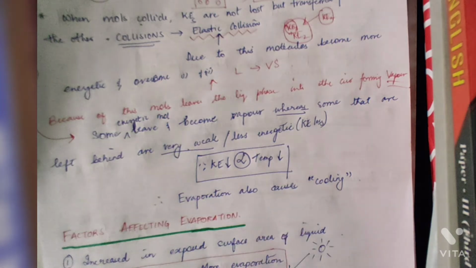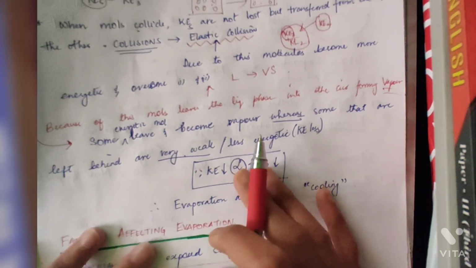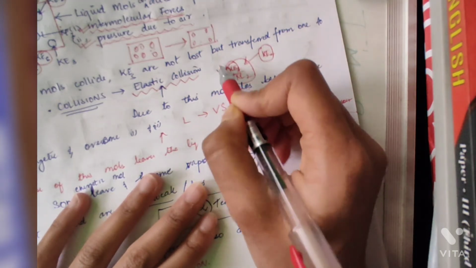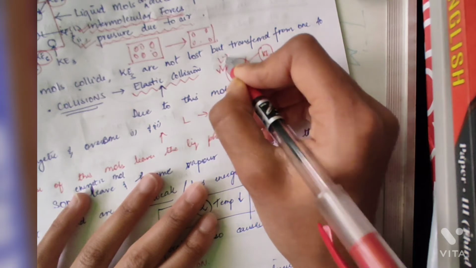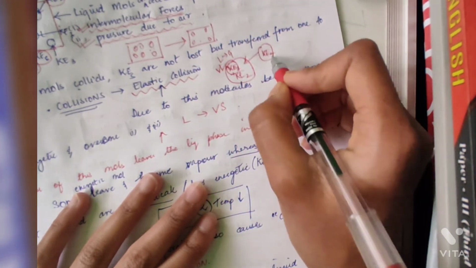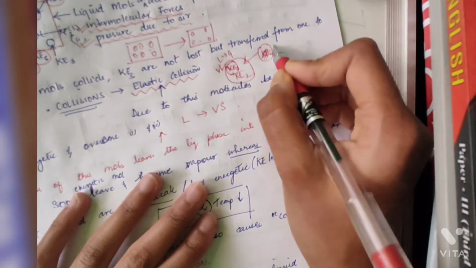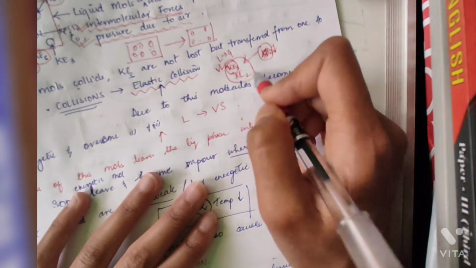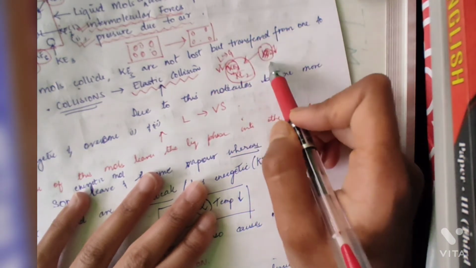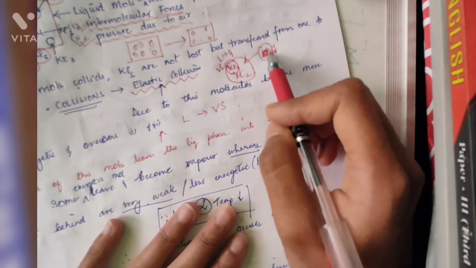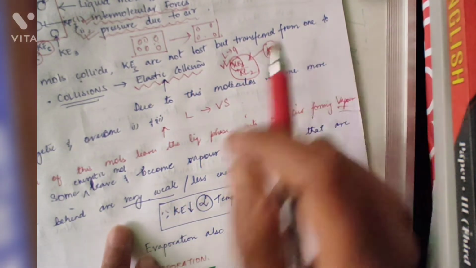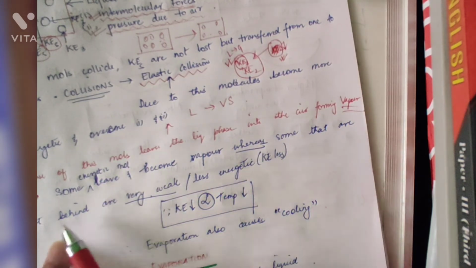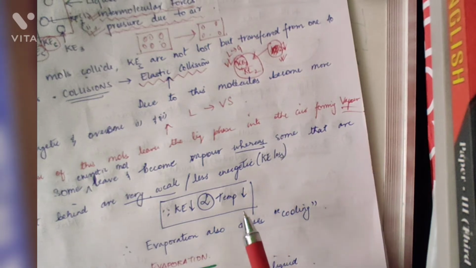Okay, all right. However, on the other hand, see this, it gave this molecule its energy, so this molecule now becomes very energized, right? This molecule will now change from liquid to gas, right? However, this one has no energy anymore, or very little energy. You see, because it gave its energy to this one. This one is so energized right now that it changed from liquid to gas. What happened to this molecule? This molecule does not have energy anymore, it is low in energy. Now, some energetic molecules leave and become vapor, whereas some of those left behind are very weak or less energetic.